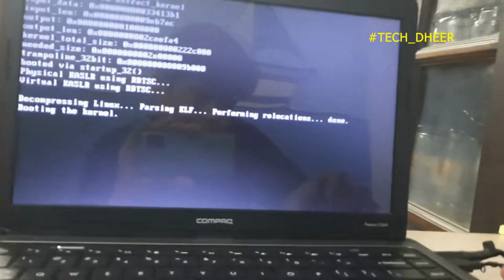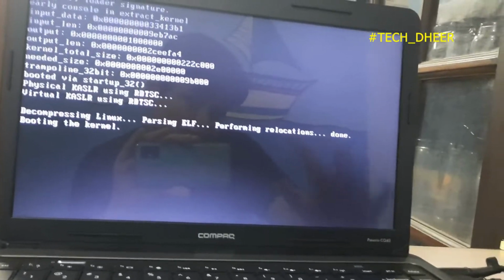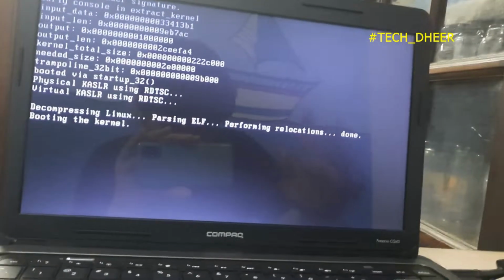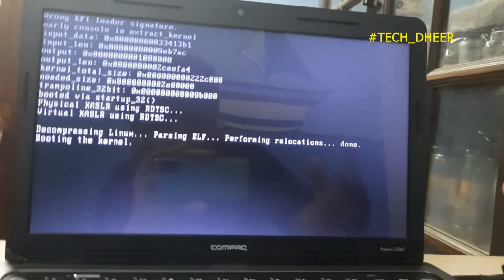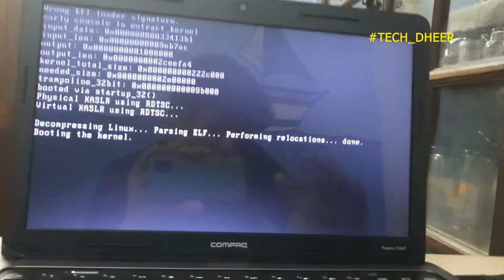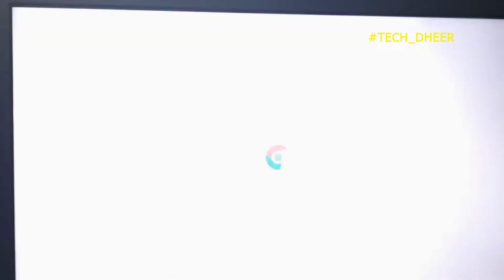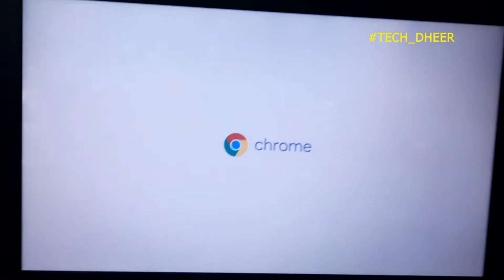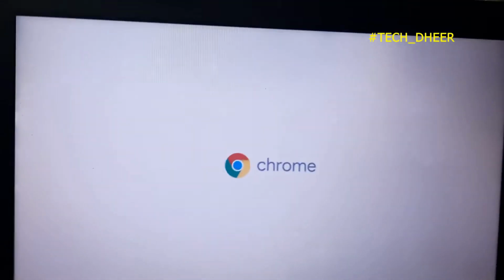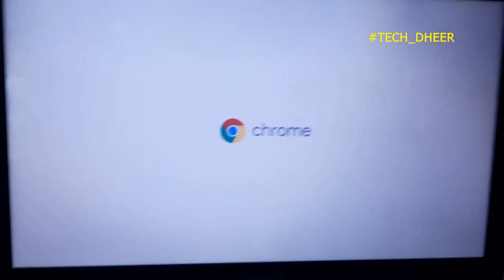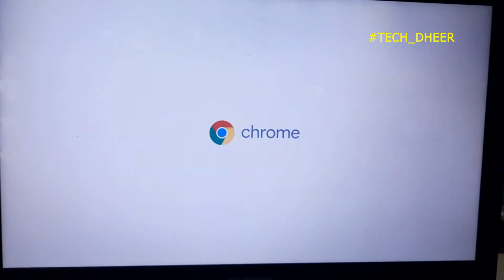Okay, so I have been through this problem, and I was able to successfully install this Chrome OS on my PC. That's why I am here making a video and sharing what I understood. Now it's rebooting, and you can see the Chrome logo. So you are on the right track once you see this logo. This is the official Google Chrome OS.